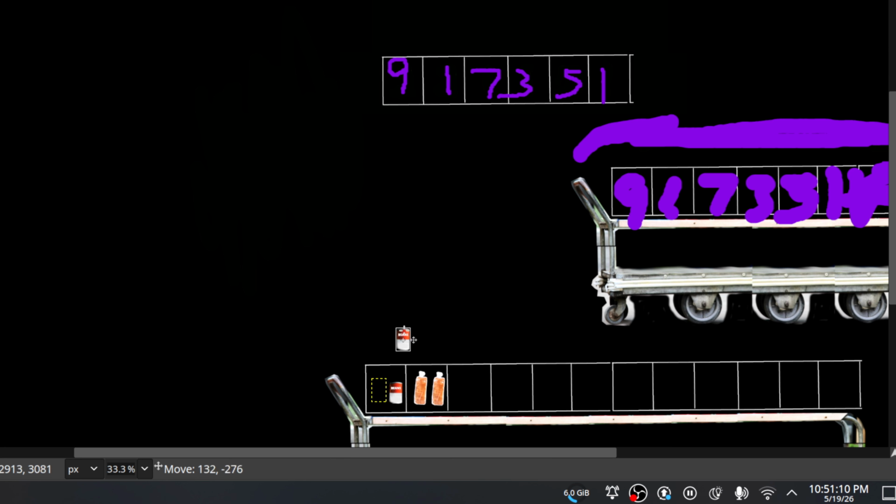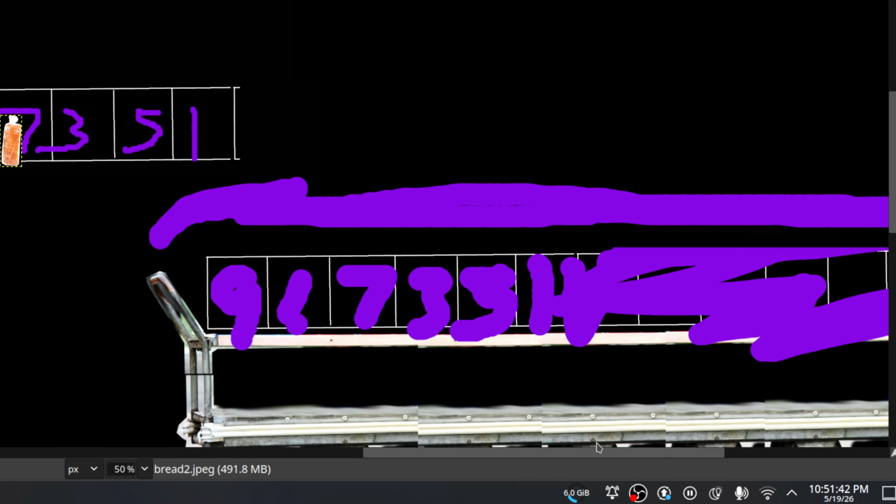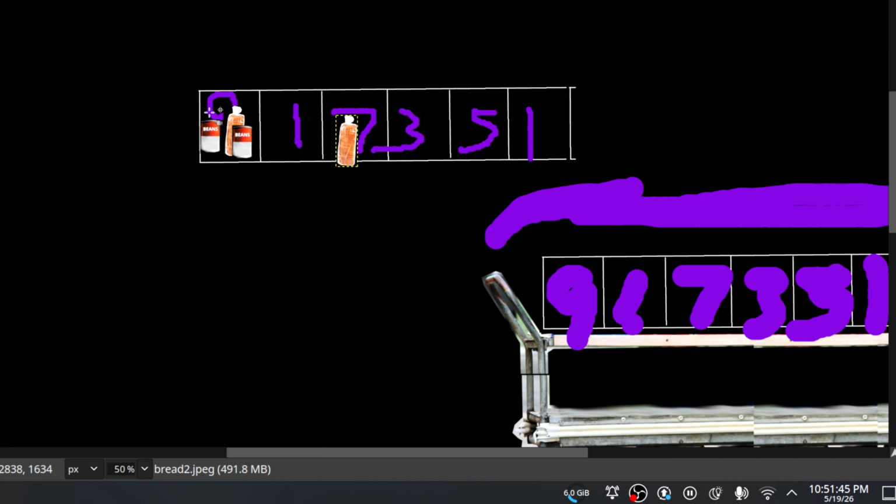Okay, so put this back like it was originally to show what it's actually doing. So move the bread back too. See, this bread goes here, and this bread goes here. I think that's where it was originally. Okay, so now you've added the 9, 1, 7, 3, 5, 1, which is the multi-description of beans, to the original shelf, all the shelf sections. So now, when the AI predicts stuff, it will be more likely to predict the concept of beans,